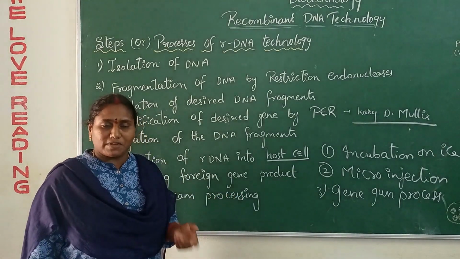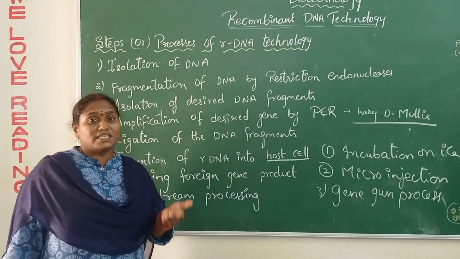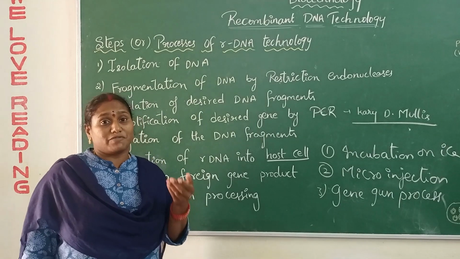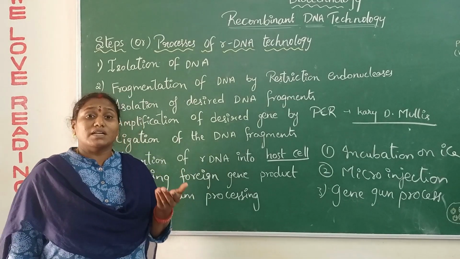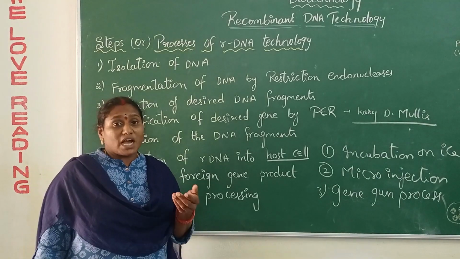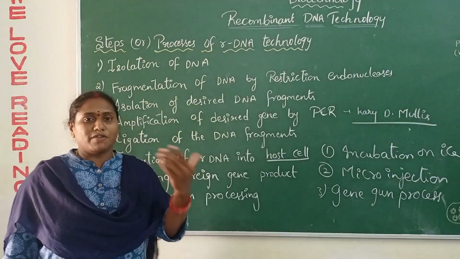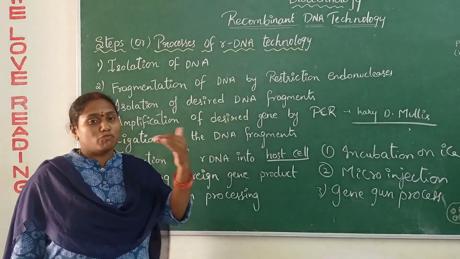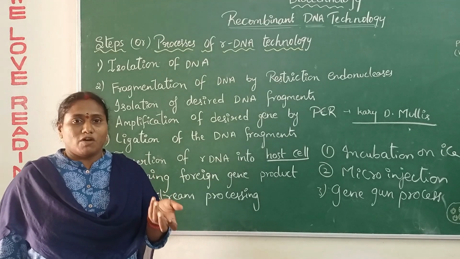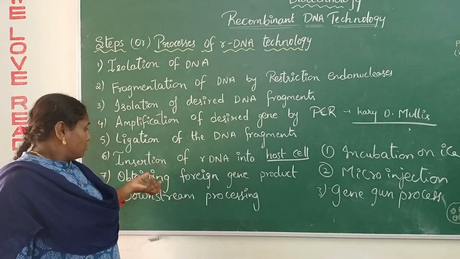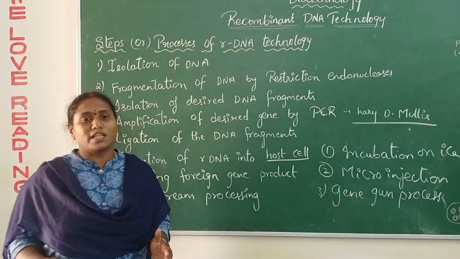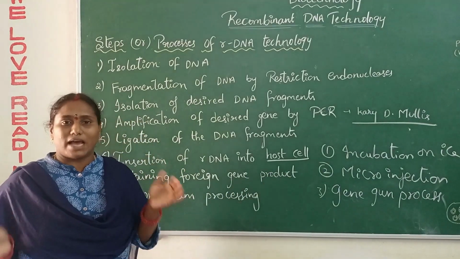It is used in several important processes like increasing the yield of crops, developing antibiotics, and developing different varieties of medicines for different diseases. We all know that there are several diseases which can't be cured. Such diseases can be cured or somewhat reduced by using recombinant varieties of medicines. So obtaining a foreign gene product is a very important step. Here you are going to get the recombinant DNA on a large scale.